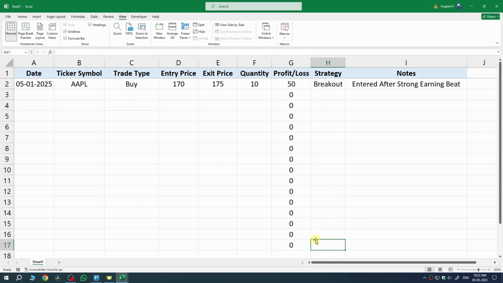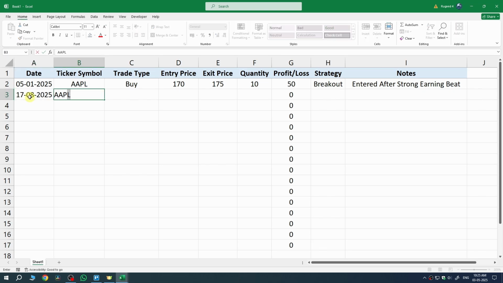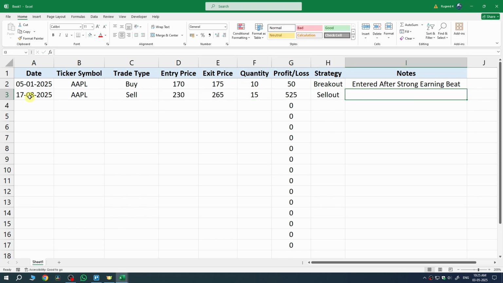If you'd like to track your performance over time, you can insert charts later, but for now focus on entering trades consistently. A well-maintained journal builds trading discipline, and that's how you create a simple yet powerful trade journal in Excel. Update it honestly after every trade and review it weekly to improve your strategy. So this was the complete